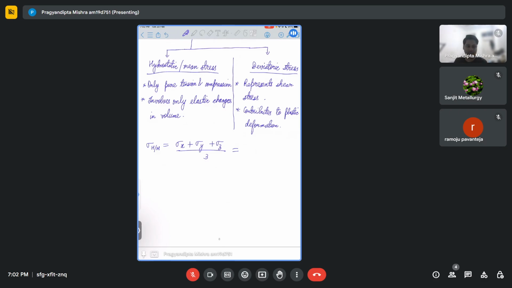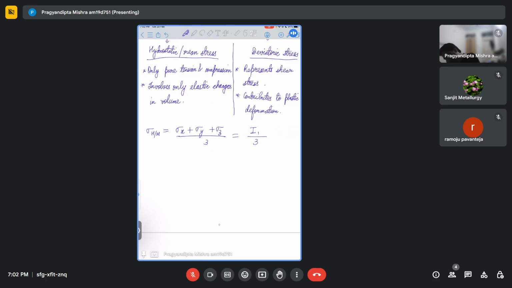In terms of principal stresses, like we had talked about some invariants, right? I1 is sigma x plus sigma y plus sigma z, right? So I1 by 3 will also give you the same value. Then how do we get the deviatoric value of stress? Sigma d is equal to sigma minus sigma h. Or you can write sigma m. Let's write sigma m, mean. Okay, so essentially you will have